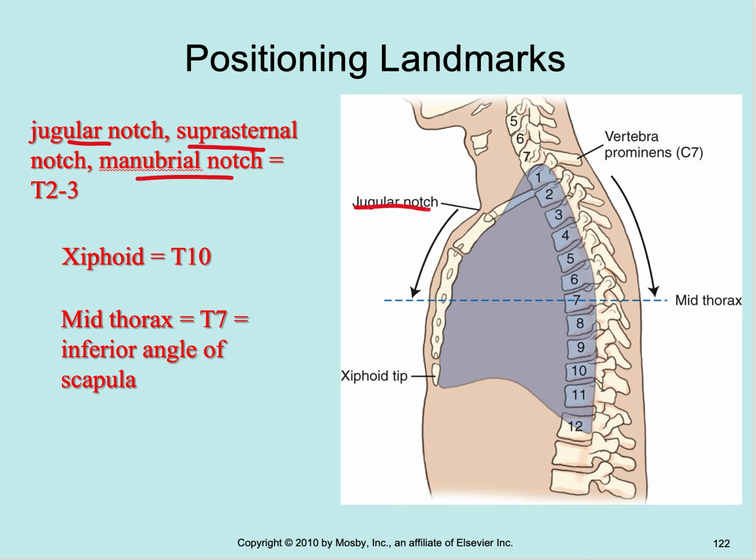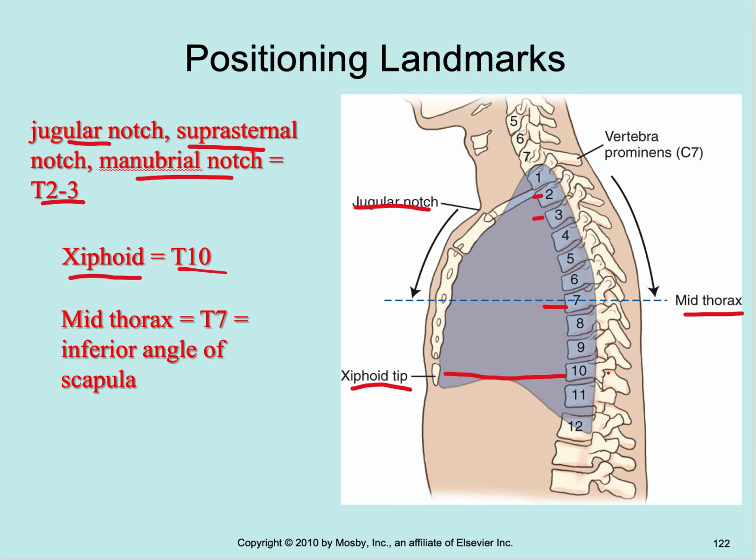So jugular notch, suprasternal notch, or manubrial notch is around that T2, T3 position, and T2, T3 refers to the thoracic vertebrae, so T2, T3 aspect. Our xiphoid process, xiphoid tip right here corresponds to T10, and if you come across, you can see that it's around T10, so thoracic 10. Mid-thorax T7, so our mid-thorax, where our central ray is for our chest x-rays, is around that T7 aspect, that thoracic